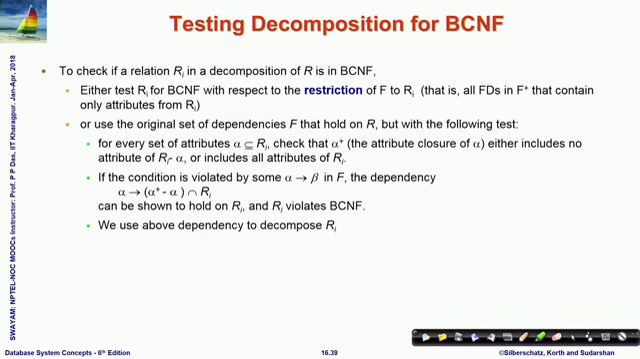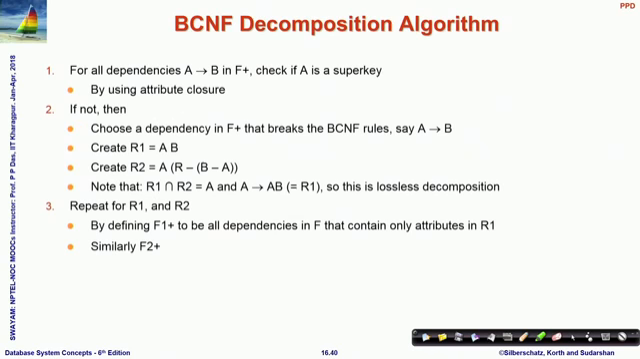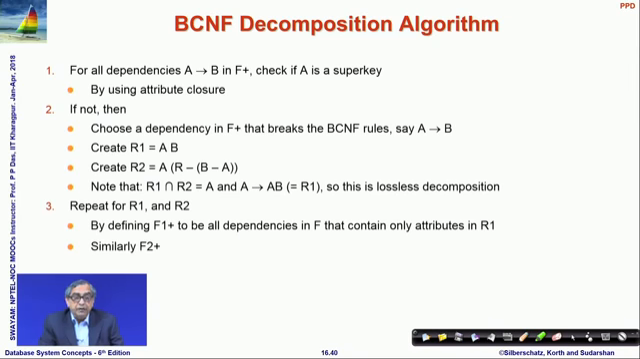I am not going through it in steps, and here is the more detailed formal algorithm to determine whether a decomposed relation is in Boyce-Codd normal form. I will just quickly recap the algorithm. For all dependencies, you first determine the super key and check if A determining B is a super key or not. That you can easily do using attribute closure. If it is not a super key, then you choose a dependency A determining B which violates it, and you form